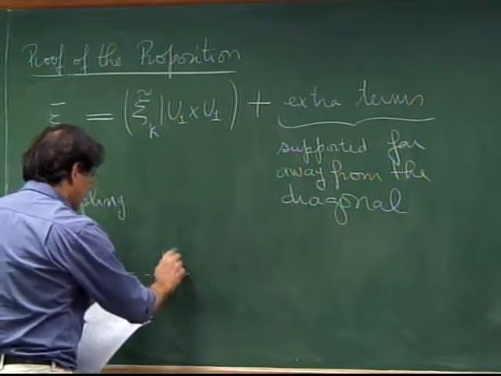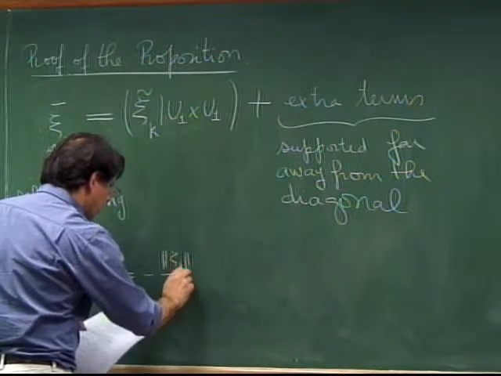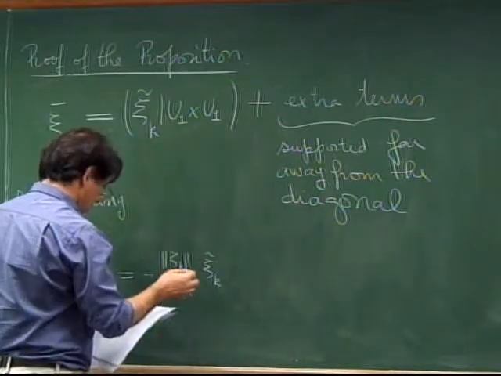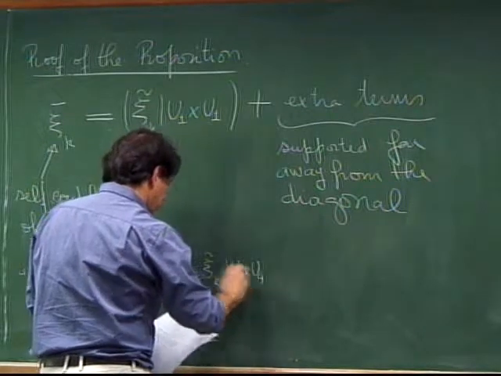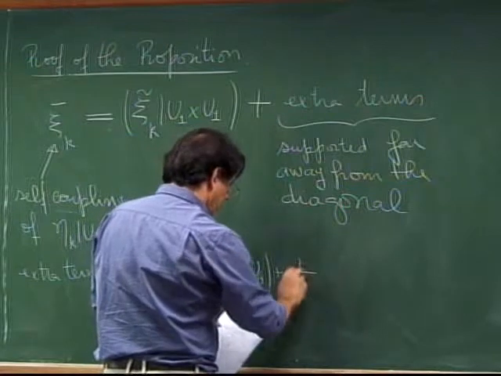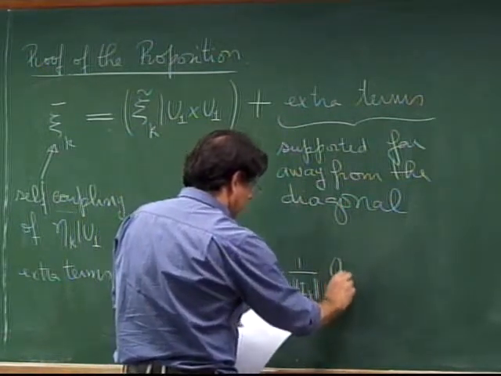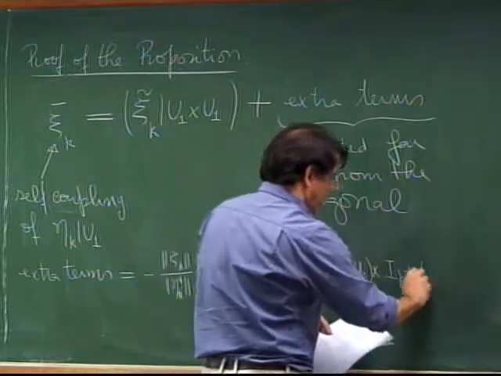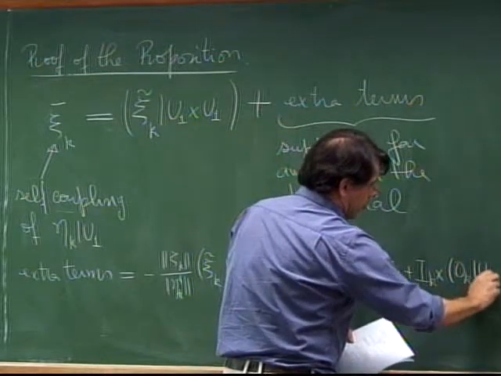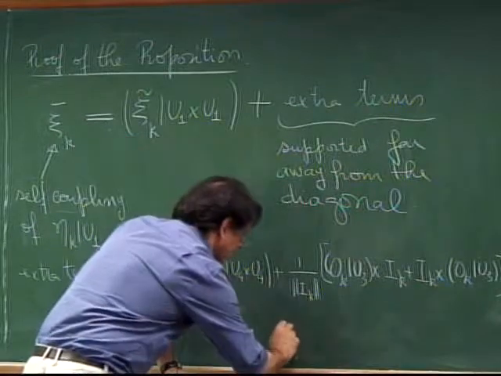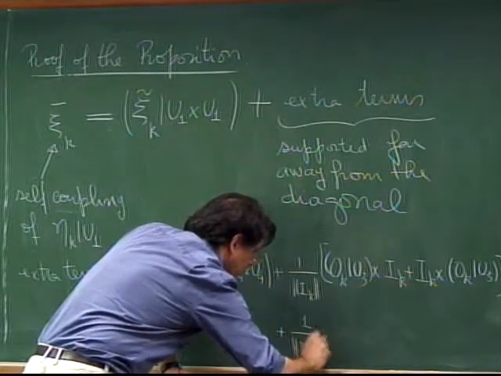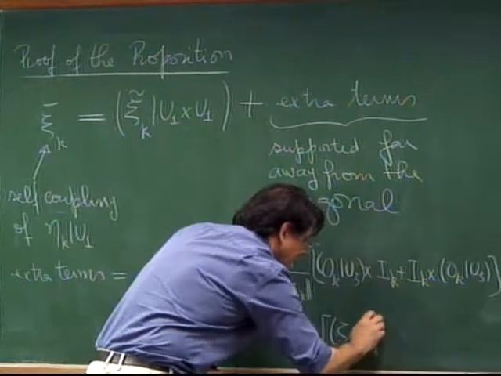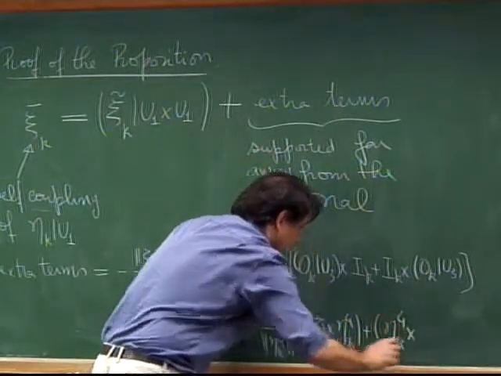minus zeta k divided by eta k4 ck twiddle restricted to u4 times u4 plus 1 over ik ok restricted to u3 times ik plus ik times ok restricted to u3 plus 1 over eta k4 zeta k times eta k4 plus eta k4 times zeta k,